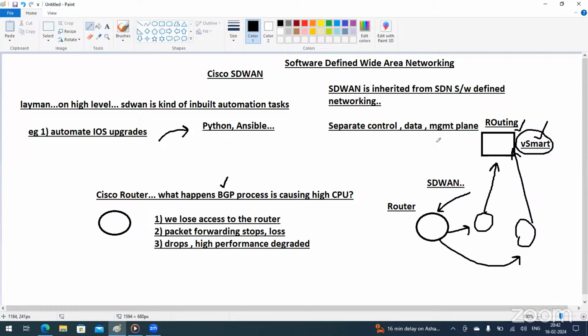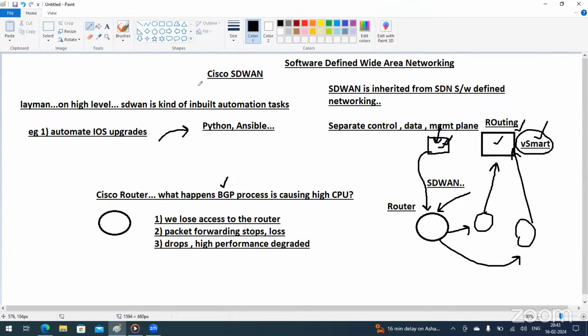For the management plane, we have a separate device which acts as part of the management plane. This is another component of SD-WAN. It does only management operations to the router: pushing the configuration remotely, capturing the statistics, utilization, alarms, all management tasks. This job is also dedicated to another component, a virtual machine. These control plane and management plane components can be hosted anywhere, let's say on private cloud, public cloud, Cisco cloud, AWS, Azure, or on premises as well.